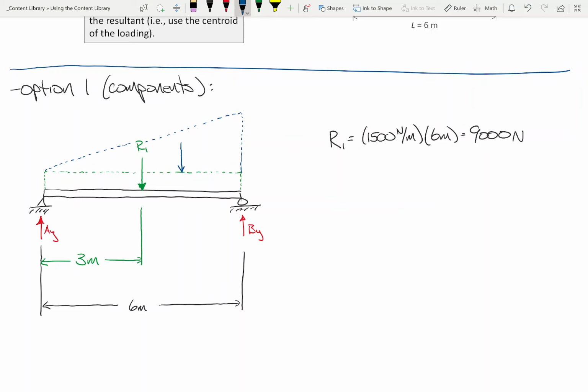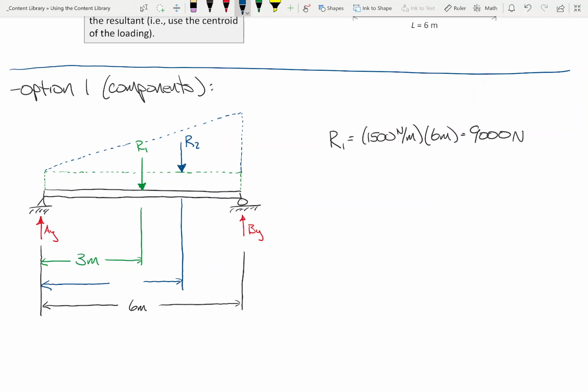We'll put it right there just to not crowd everything. We'll call that R2. Now a question for everybody: where do I put this? What is that distance from A? 4 meters,